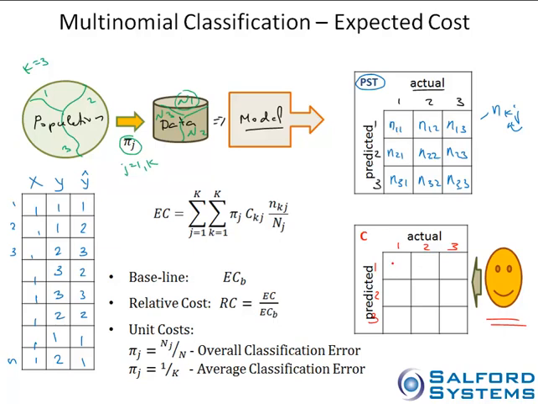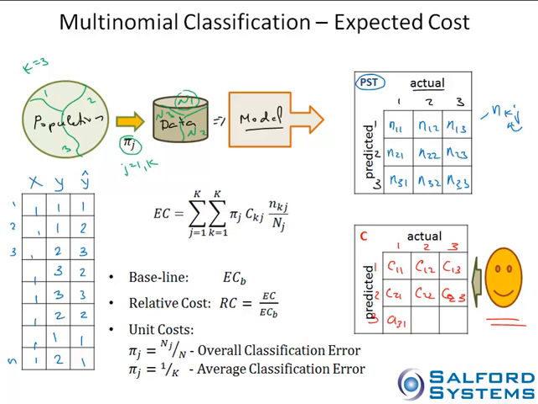So you have a cost of misclassifying class 1 as 1, which is really not a misclassification, it's a true event. Then you have C12, C13, C21, C22, C23, C31,